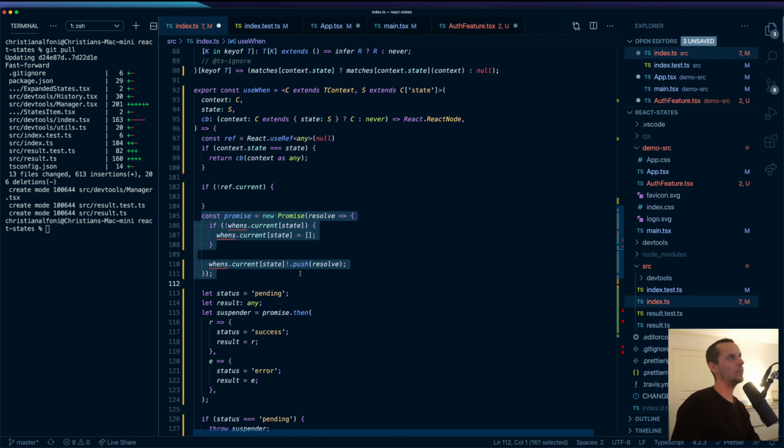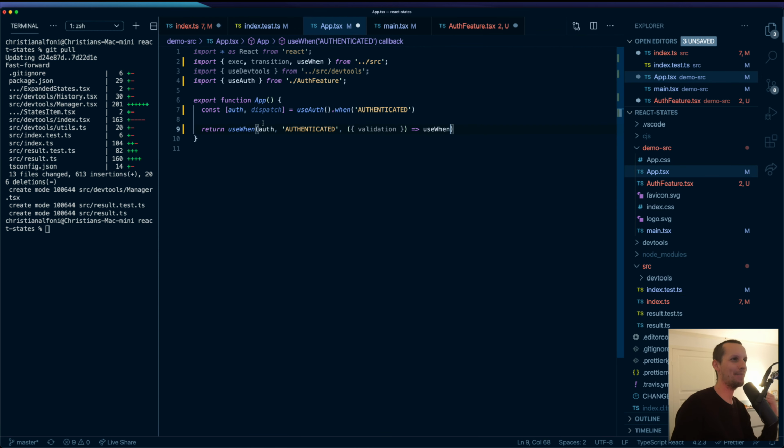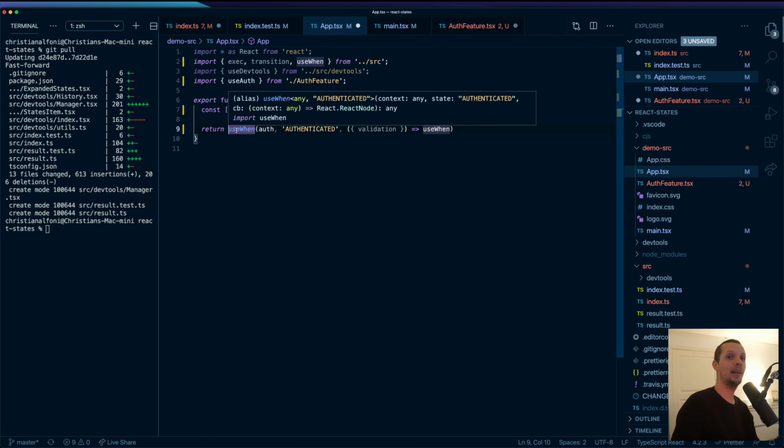Or wait, we do. Like, thinking. So what actually happens here? So it goes through here. It tries to use the when, but it's unauthenticated, for example. So this throws a promise. And then suddenly it changes the auth. It goes back, and now it's authenticated. And it runs the use when again. And now,